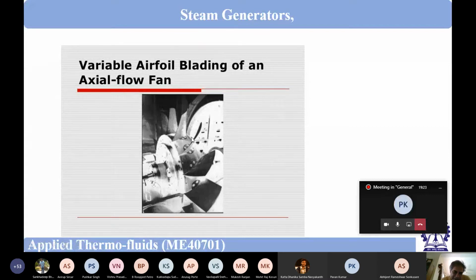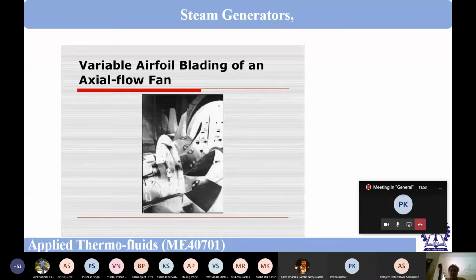By controlling the pitch angle, generally this is adjustable, stationary adjustable, means before running the fan, not always, but once you control it, and maybe after 6 months you see and control it again. Like this, there are fans which are automatically variable pitch control, but of very complex design. These fans will control the pitch, and we will have different kinds of flow rate.